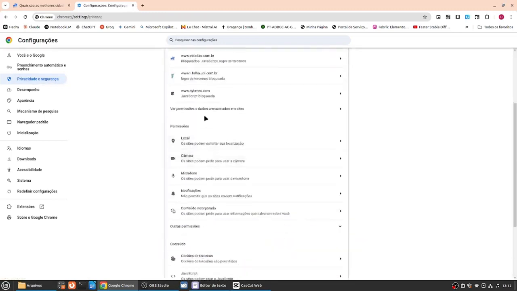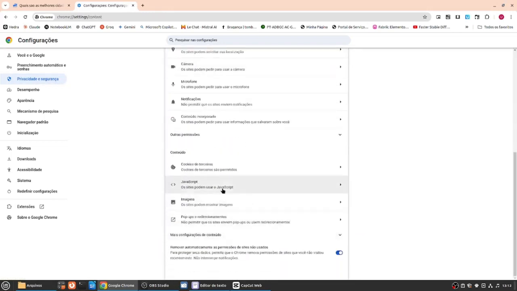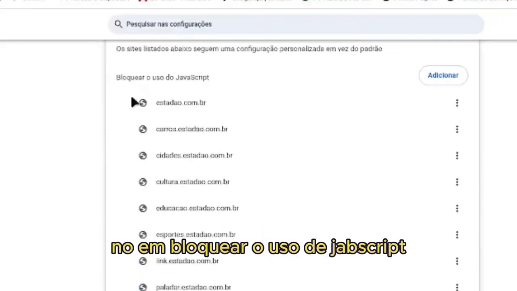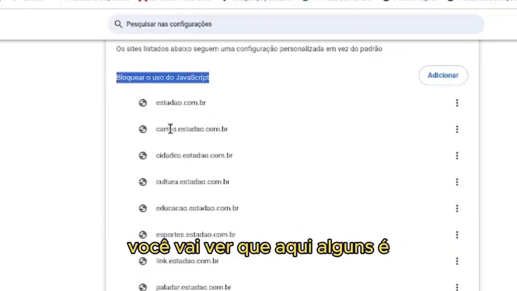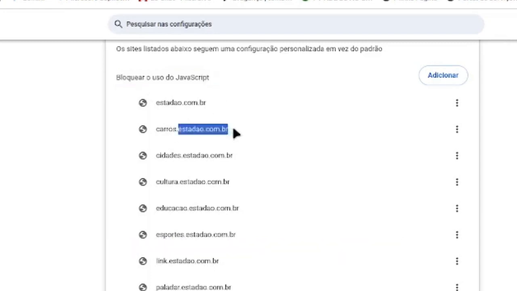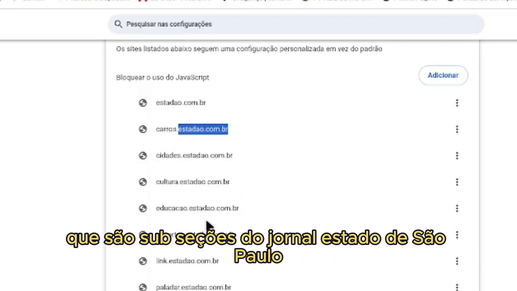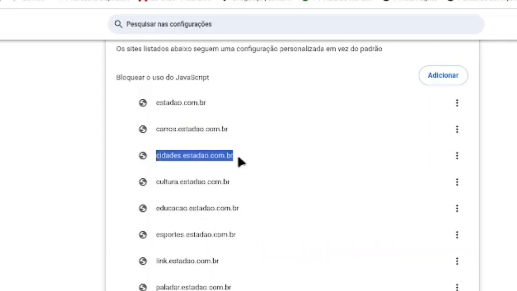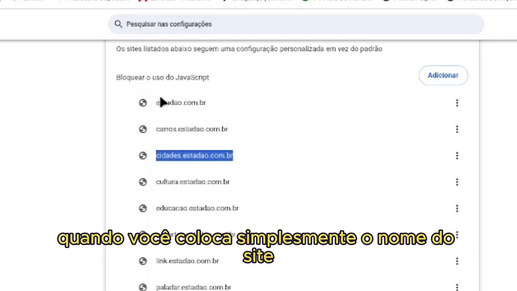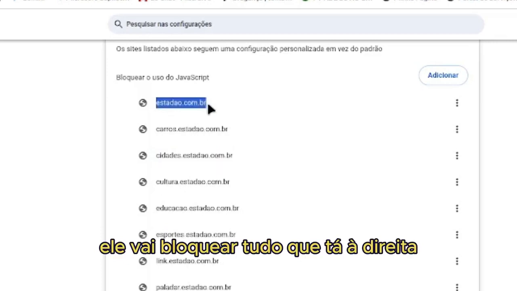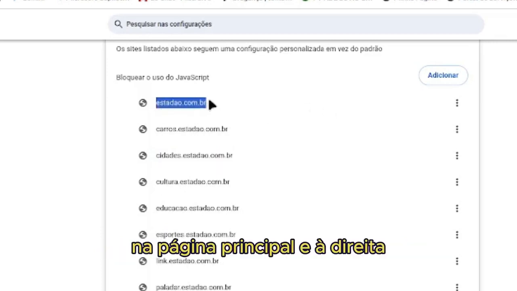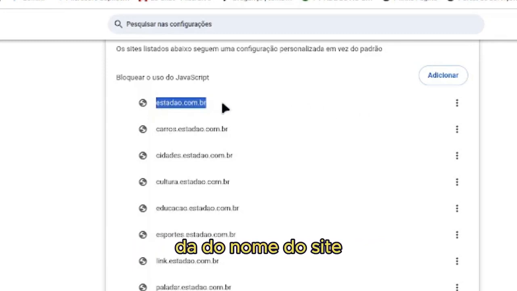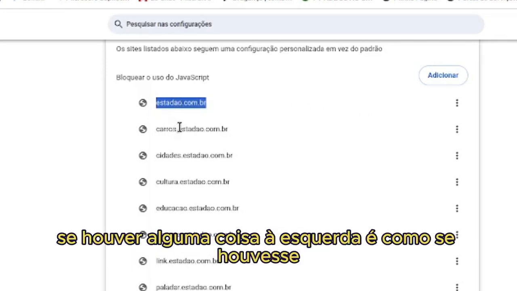Coming back here, another tip: we are here to block the use of JavaScript. You will see that I have some sites here, for example, Cars, City, Sculpture, which are subsections of the newspaper Estado de São Paulo. You need to sometimes observe the following. When you simply enter the name of the site, it will block everything that is to the right of the site name on the main page. If there is anything on the left, it is as if there was a new site,